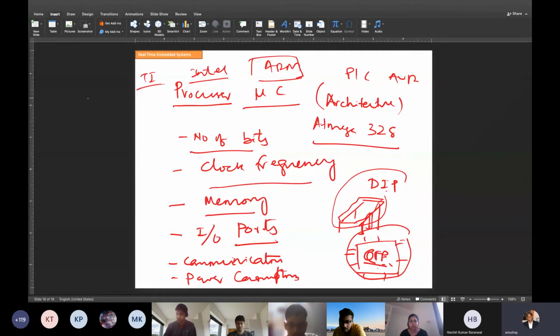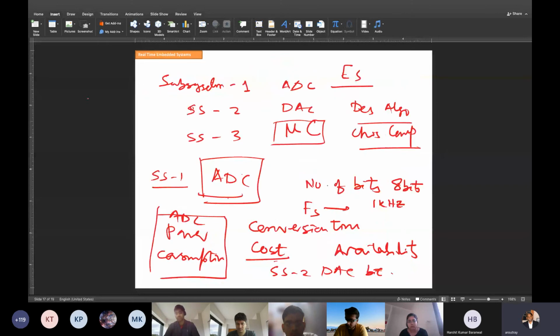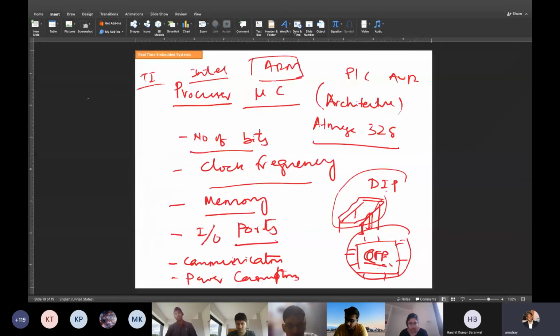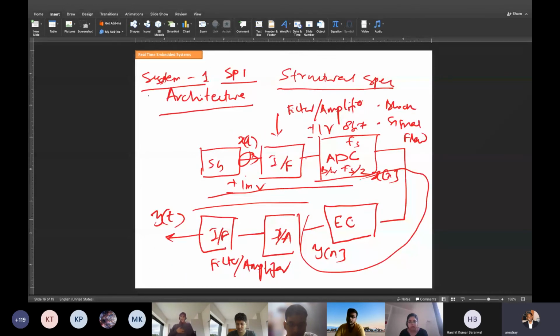Once you have all these things ready, then the next level is software specifications. The hardware specification is over, you have chosen the device. This is a very simple filter. Then comes the software specification. Here there are two things behind the specification. One is the block diagram based, which is called structural specs. The one which you saw just now is structural specification. That means I decided the ADC, DAC, the microcontroller, and this depends upon the block diagram. Then the internals of this all come under structural specification.